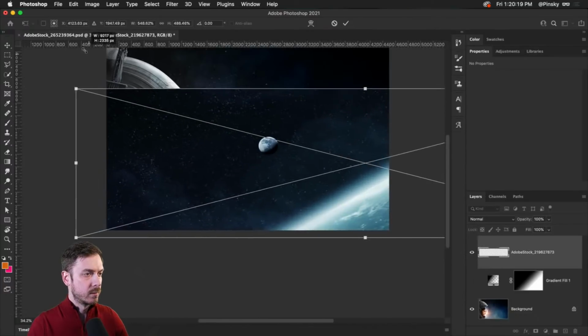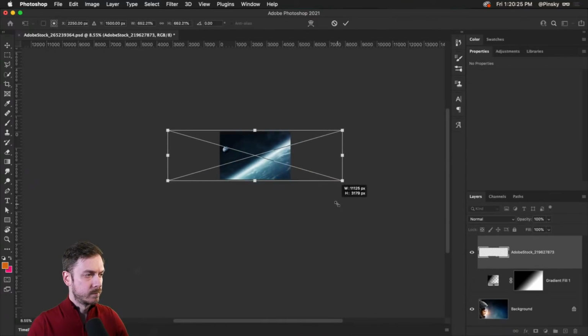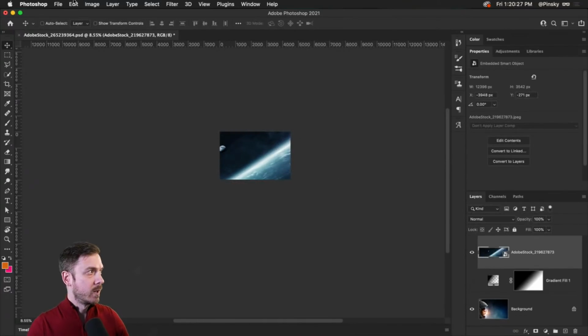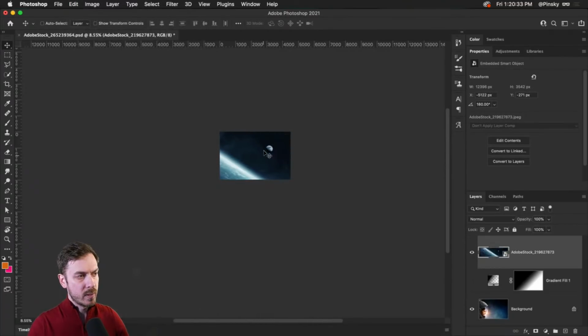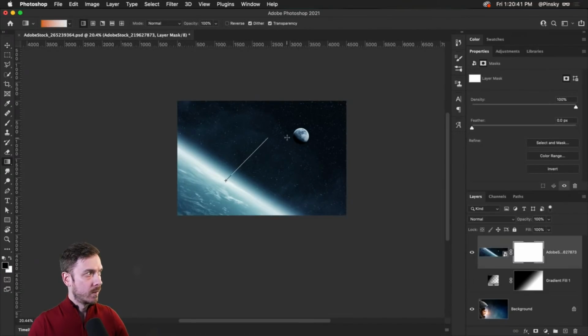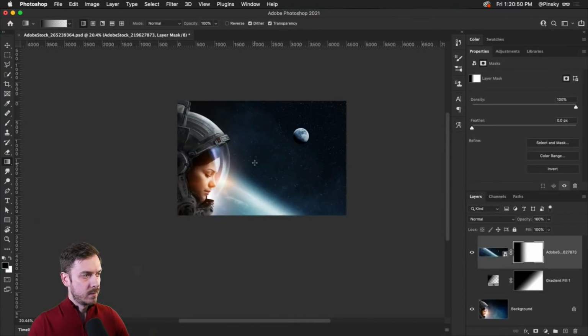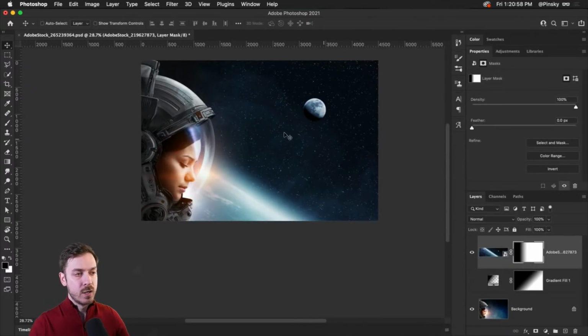Woo, that was a bit too big. Hold on. View, that's better. Just like that, right? And I might want to flip this around, transform, flip horizontal. So I might want the moon somewhere in this area here, right? And then I'm going to add a layer mask to this particular shape, and just like I did before, mask some of it out. There we go. I could possibly even keep some of this earth down here. It's kind of interesting. But we do have now a nice darker area.